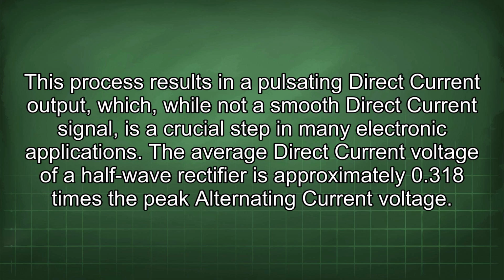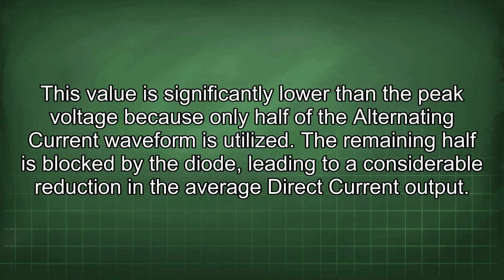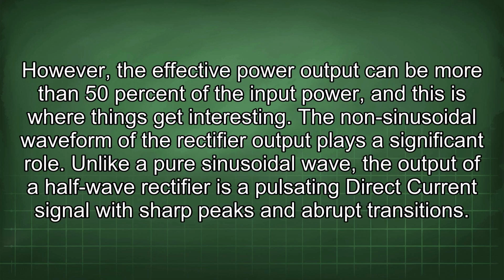The average direct current voltage of a half-wave rectifier is approximately 0.318 times the peak alternating current voltage. This value is significantly lower than the peak voltage because only half of the alternating current waveform is utilized. The remaining half is blocked by the diode, leading to a considerable reduction in the average direct current output. However, the effective power output can be more than 50% of the input power, and this is where things get